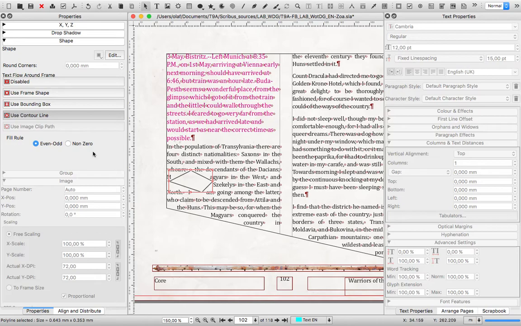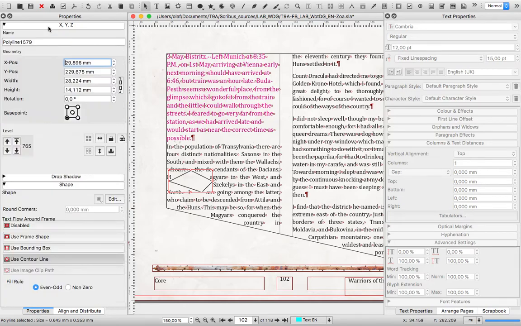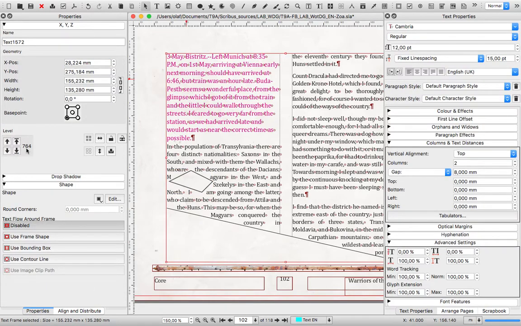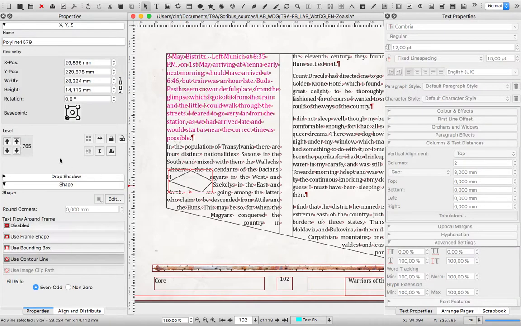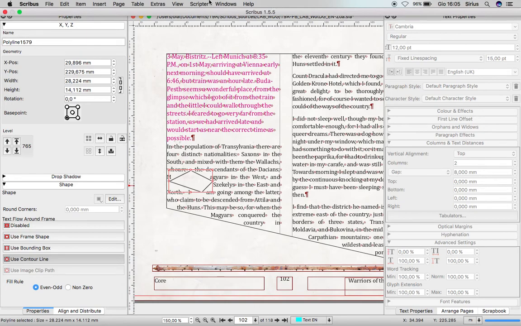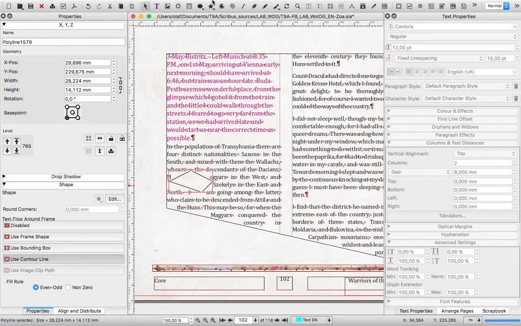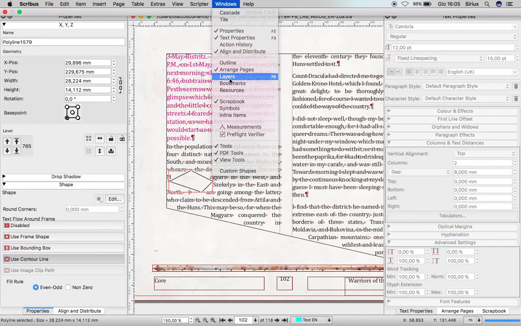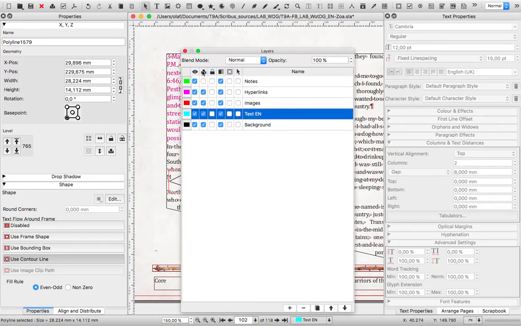Remember that this object must be above your text level or layer and probably be invisible, so you will place this object within a print disabled layer through Windows, Layers and uncheck the print icon, or if you prefer, you can just set the object's transparency to 0 within the Properties palette function named Transparency.